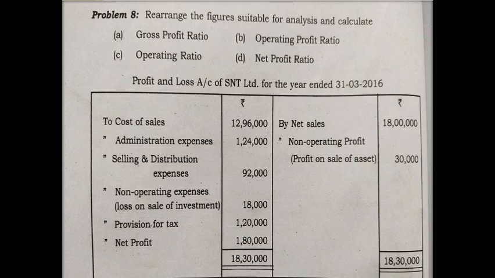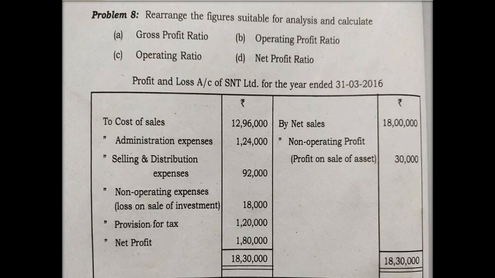I have been repeating the same concept or point under various heads. Just remember, in the question they may ask to find different ratios individually, or they may ask you to find the ratios as a whole under a certain heading like profitability ratios, liquidity ratios, or solvency ratios. It doesn't mean that you need to find only the liquid ratio. Whenever you are asked to find liquidity ratios, you need to find all the ratios that come under liquidity ratios. In the same way, in solvency ratios, you need to find all the ratios that come under solvency ratios. As per this question, you are asked to find 4 main ratios that come under profitability ratios.